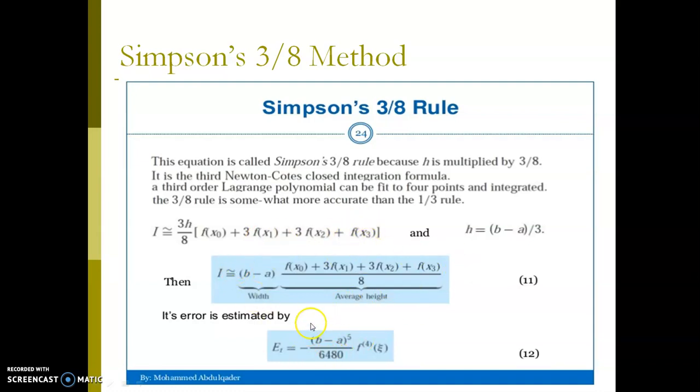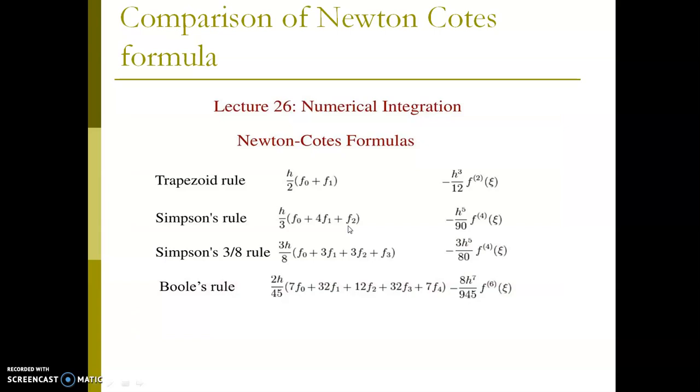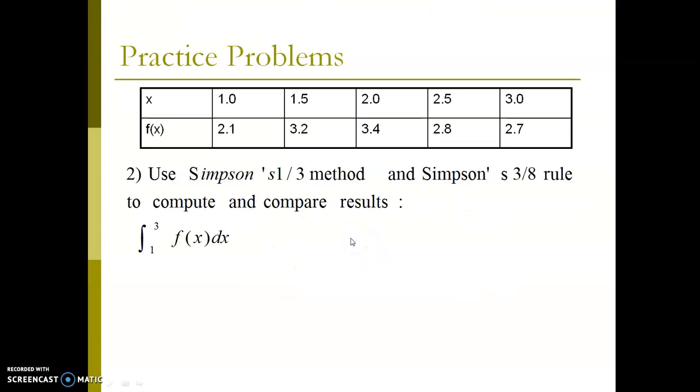Its associated error is different from the previous formulas, and we can try solving these examples by using the 3/8 rule as well. It is a simple formula substitution, and we can compare all the rules which we have studied, the trapezoidal rule, Simpson's 1/3 and 3/8 rule, with their associated errors and the basic formulas. These are some practice problems which I have suggested you to